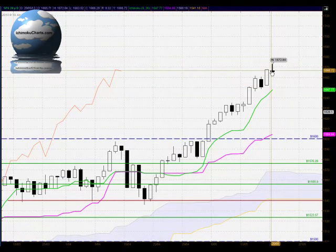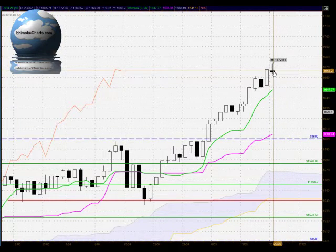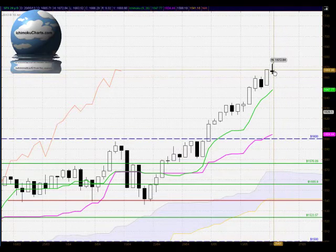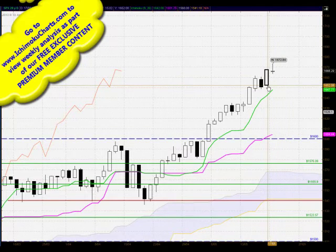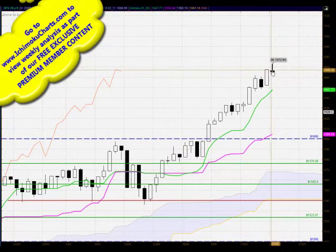strong control of this market and showing commitment throughout the whole trading day. In comparison to today's trading, if we look at the body of this candle for today, there's virtually no body to this candle, and this is pretty much a doji type candle, and that denotes that the buyers have lost a great deal of momentum. For the previous day's trading, in terms of net effect between the open and the close, they've made a substantial amount of net upside momentum. And today all of that has evaporated, and that does raise serious doubt about the continuation of the trend to